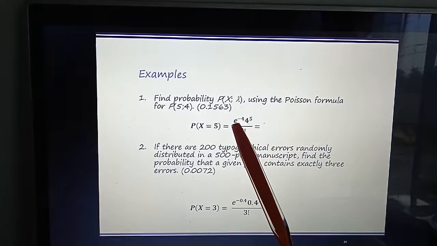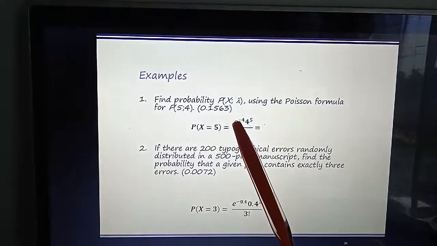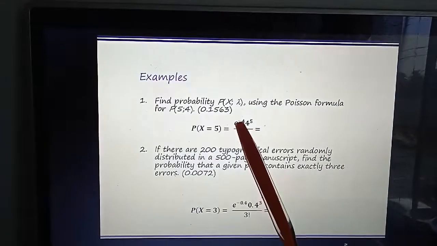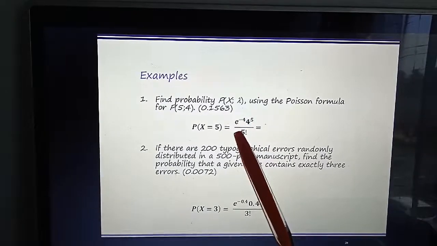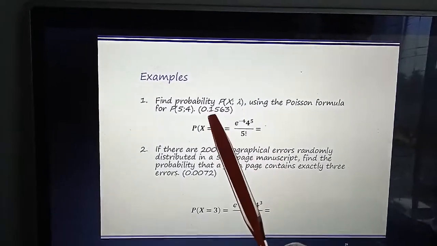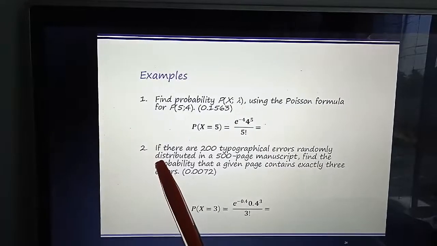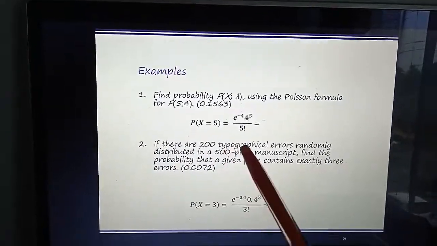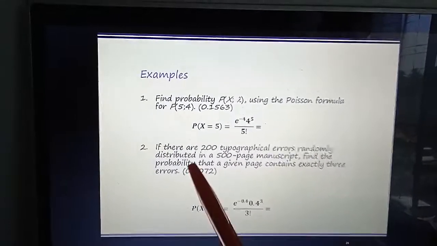Calculate this, where e is a constant, 2.7182. So the answer is 0.1563. Number 2, if there are 200 typographical errors randomly distributed